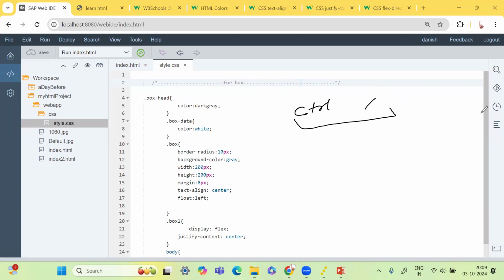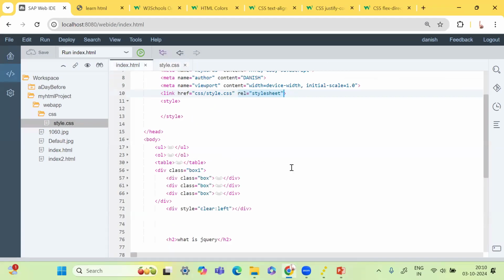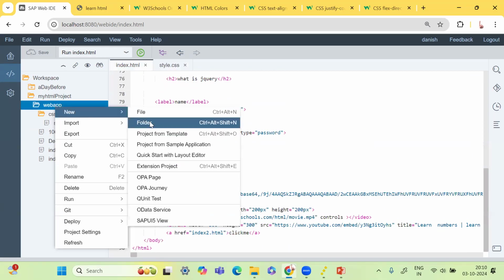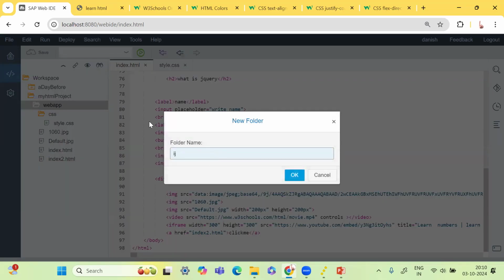Okay, so now clear the drawing and let's get back to our styling part. And then come over here, and what we can do. Okay, you see we have got images also. So instead of having images like this over here placed in a very bad way, what we can do. So one image is referenced from the internet, but the other two are very local to this computer, to this project. So what we can do is that we can make another folder and call that image folder